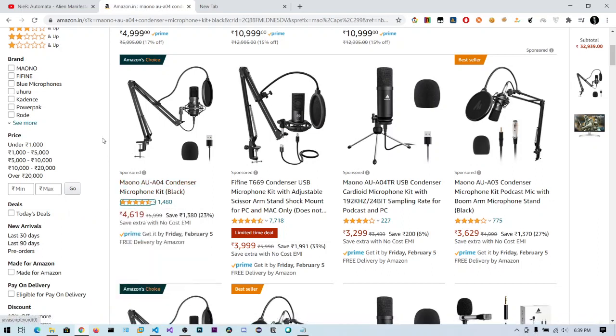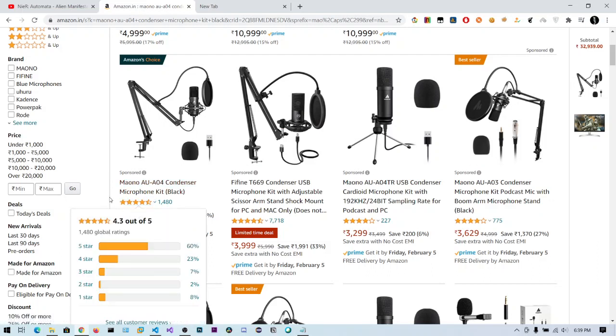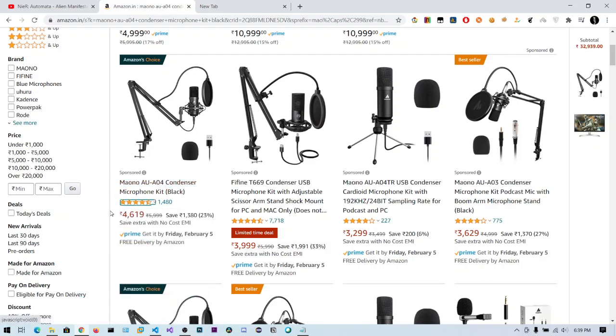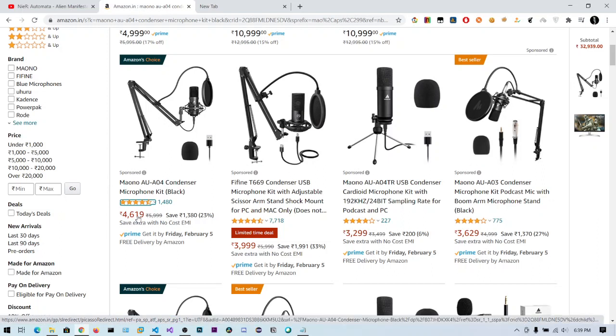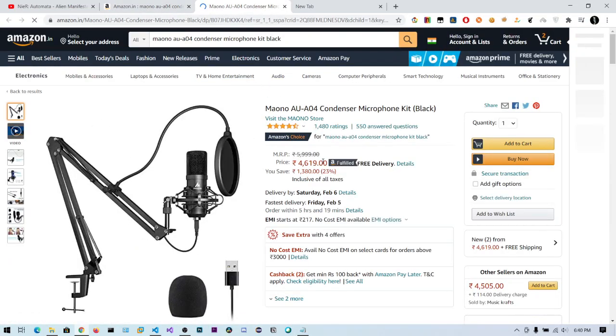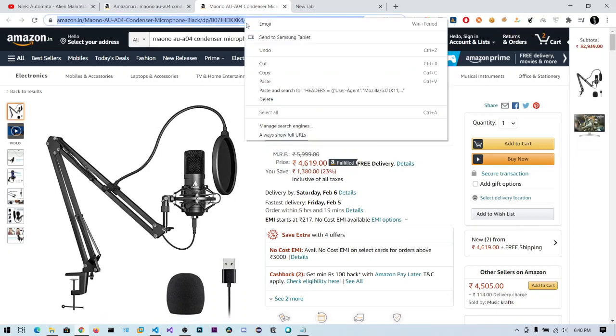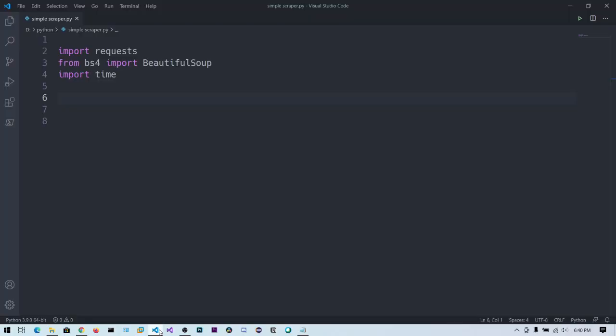So in this video we are going to monitor this price using a Python program, and if any other changes occur to this price, we get a notification in the email. I will not show you the email notification, but we can monitor this price. So let's click on this. First we need to extract this 4619 in this HTML page. So let's copy this, and you can use the Visual Studio Code editor.